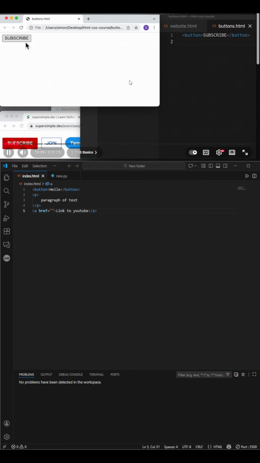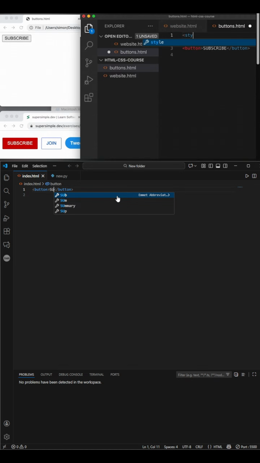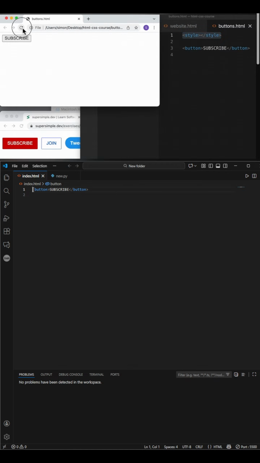We're going to start changing the appearance of this button so that it looks like the subscribe button from YouTube. Let's go into our code, and we're going to start writing some CSS to change the appearance of this HTML element. So to write CSS, we have to create a new element called a style element. So this style element is unique in that it doesn't appear visibly on the page. So for example, if we save our file and then we reload the page, the style element doesn't actually create